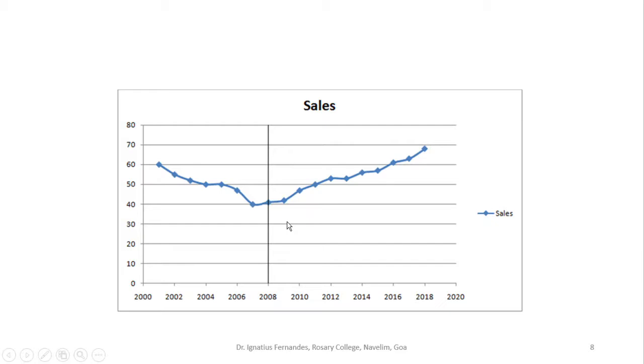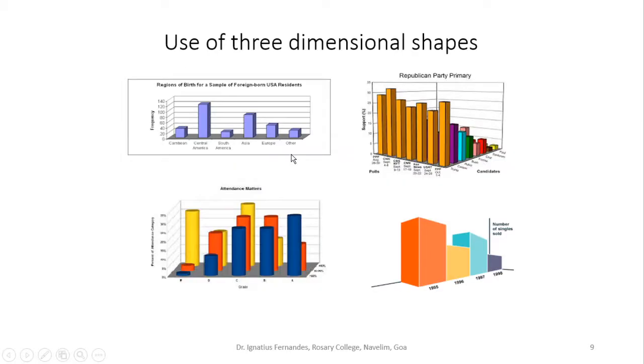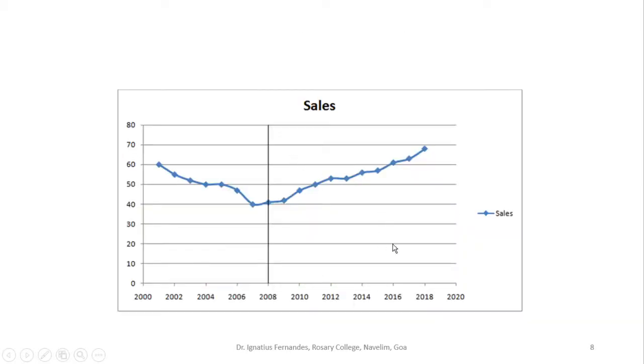Instead of giving the data values from 2000 to 2018, I truncated my axis to 2008 so that I do not show this decrease in sales, in order to show that my company is doing very well. So this is another thing that you have to keep in mind when you are drawing a graph: the truncation of axis.